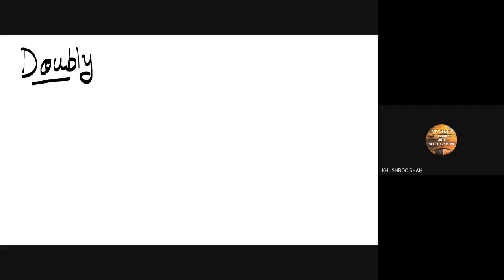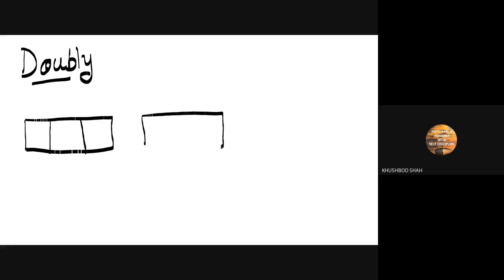Double linked list. In the double linked list, what happens? This is my first node, but in the double linked list, the structure is divided into three sections.